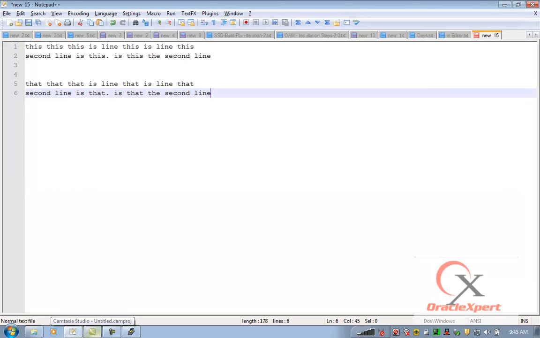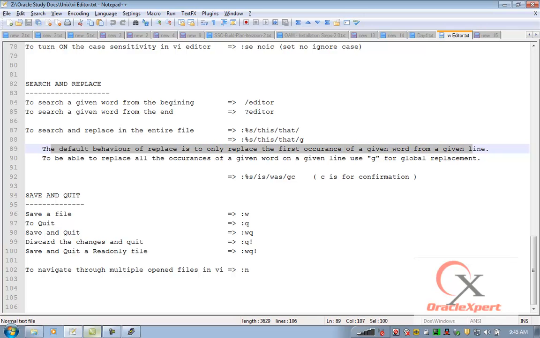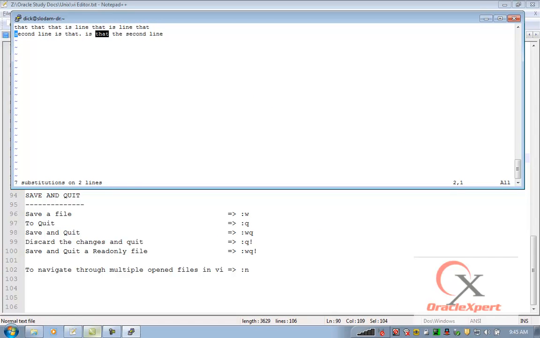So I am back to my vi editor. Earlier I replaced it with only this one. Next time I replaced it with /g. The default behavior of replace is to only replace the first occurrence of a given word from a given line. To be able to replace all the occurrences of a given word on a given line, use g for global replacement. Very important. Now see here. Using the same logic,